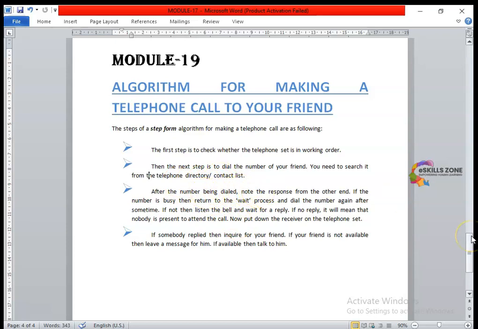If you receive the response, then it's okay, fine. But if you don't receive the response and the line is busy, then you have to wait for it, and then you can again dial the number. But if somebody replied and said that your friend is not available, then you will maybe call him later at some other time. So this is a very basic algorithm which is used for making a telephone call to